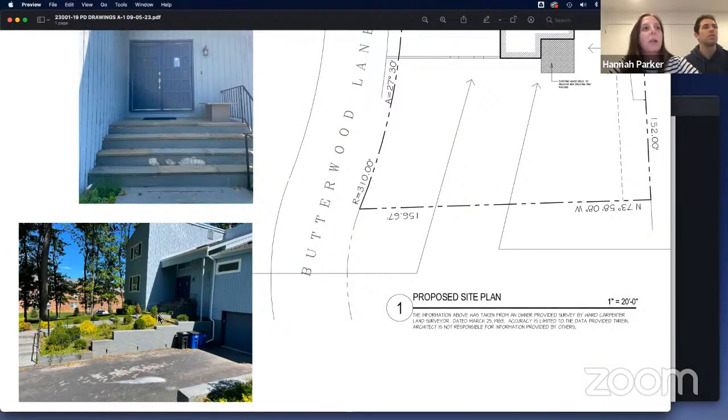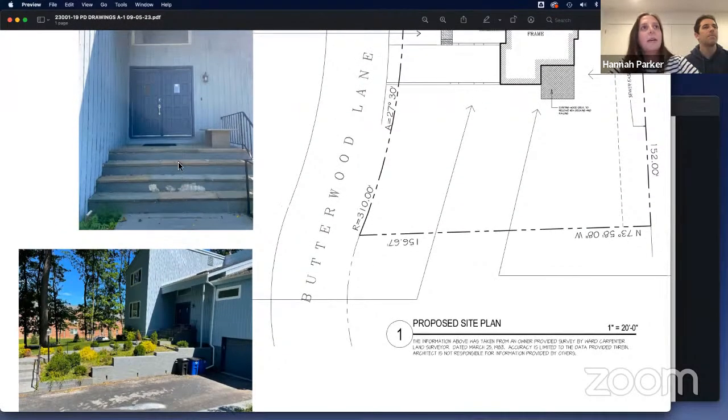So we are planning to replace those steps with stone. We're currently looking at using a thermal bluestone. And up here, where you can see the existing stucco and stone steps, we're also going to probably replace these with new treads as well because they're not in great condition.